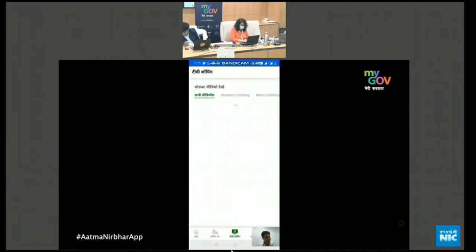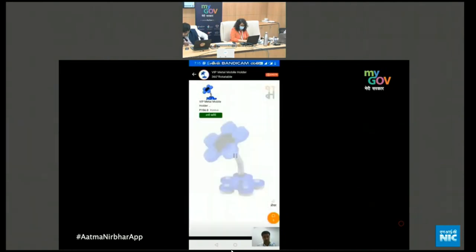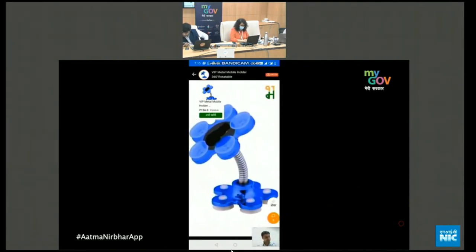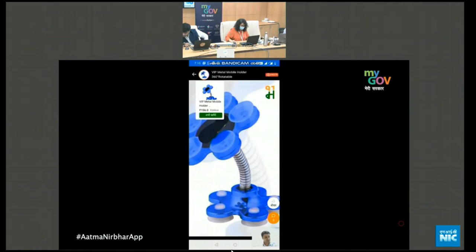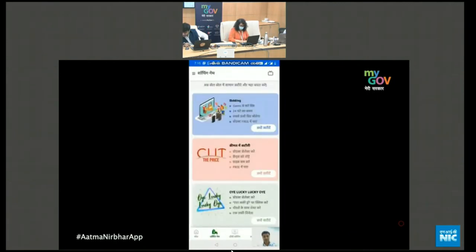There is TV shopping where you can click on any product and actually see the video review of the product before you are able to purchase, and there are thousands of these videos which we are able to make on Mall. There are various shopping games where users can engage with interesting shopping games, like for example bidding,